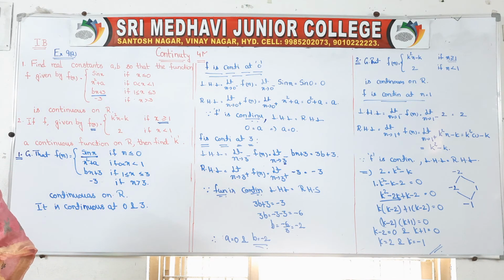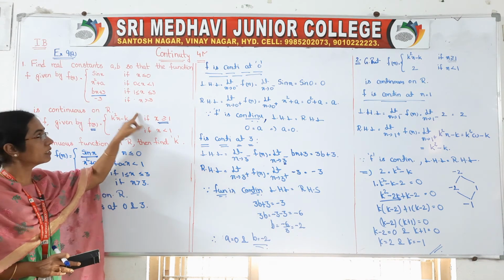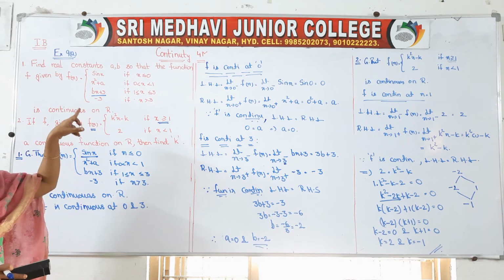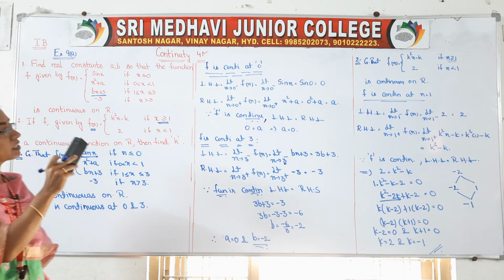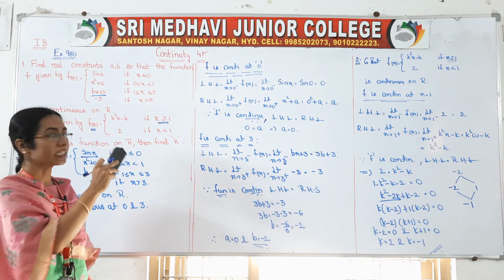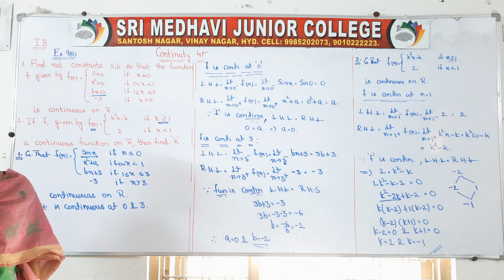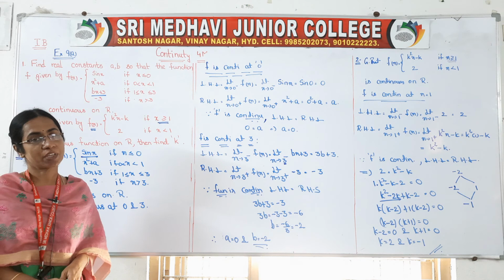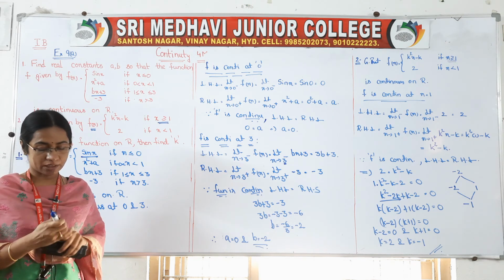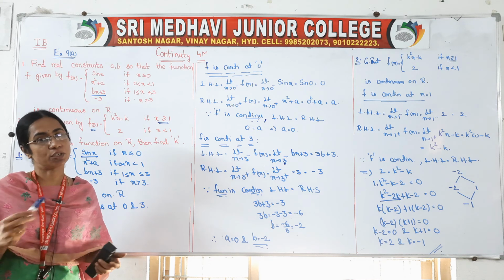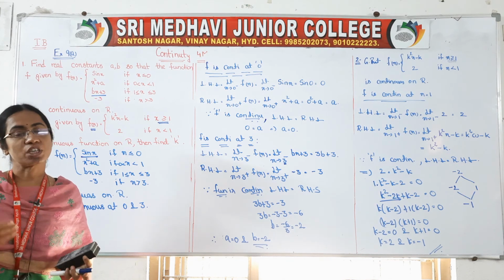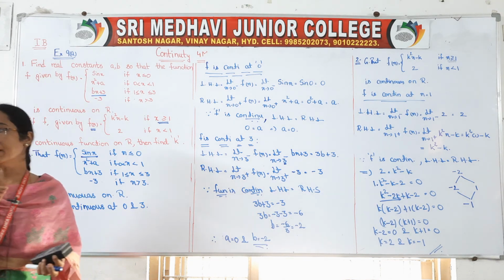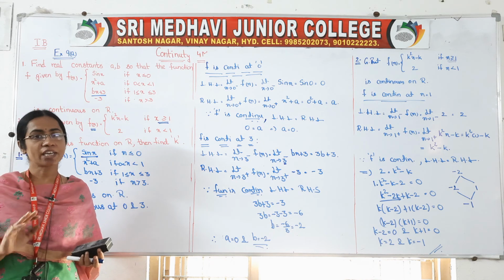Observe carefully. Here actually 4 conditions are given to us: less than 0, greater than 0, less than 1, greater than 1, and less than 3, greater than 3. I have taken less than 0, greater than 0, and less than 3, greater than 3, so that I can get our required values A and B. So, before starting the problem, read the question carefully 2-3 times and try to get the point, that means which situation we have to take to get our required answer. Okay, that is all for today. Have a nice day.